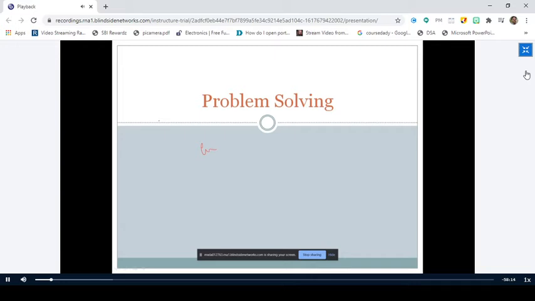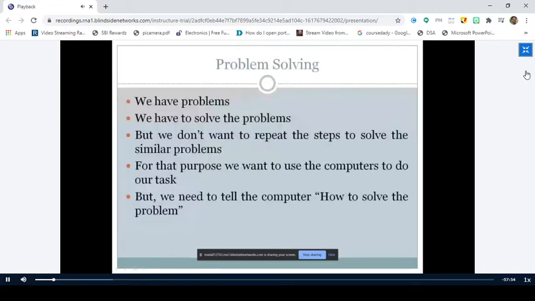So we have two types of solutions for solving a problem. One is manual and the second one is by using computers. When the problem is very simple, then we solve it manually, but if the problem becomes complex, then we solve it using computers, right? So this is the topic that is related to problem solving using computers, which is the first topic of our syllabus, right? So what actually a problem is, all these things we'll discuss, but first of all let us know what problem solving is, right?